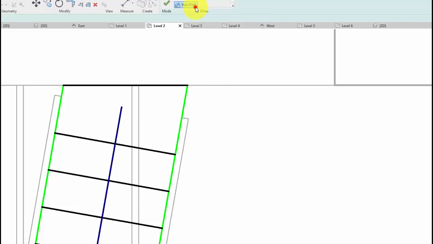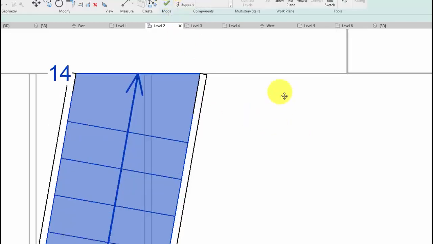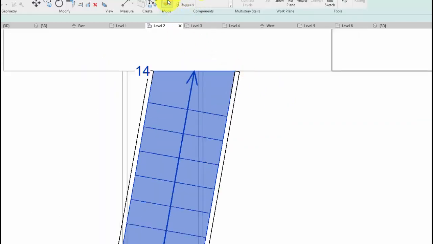All right, now the stair path, we need to stretch the stair path all the way to the middle. And then all right, then we go, okay, let it calculate, it takes a few minutes,